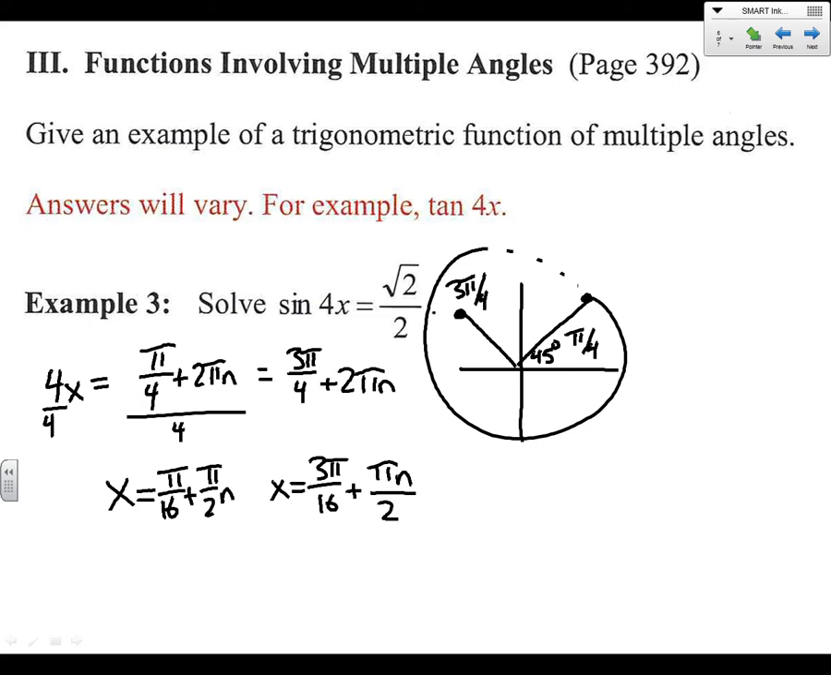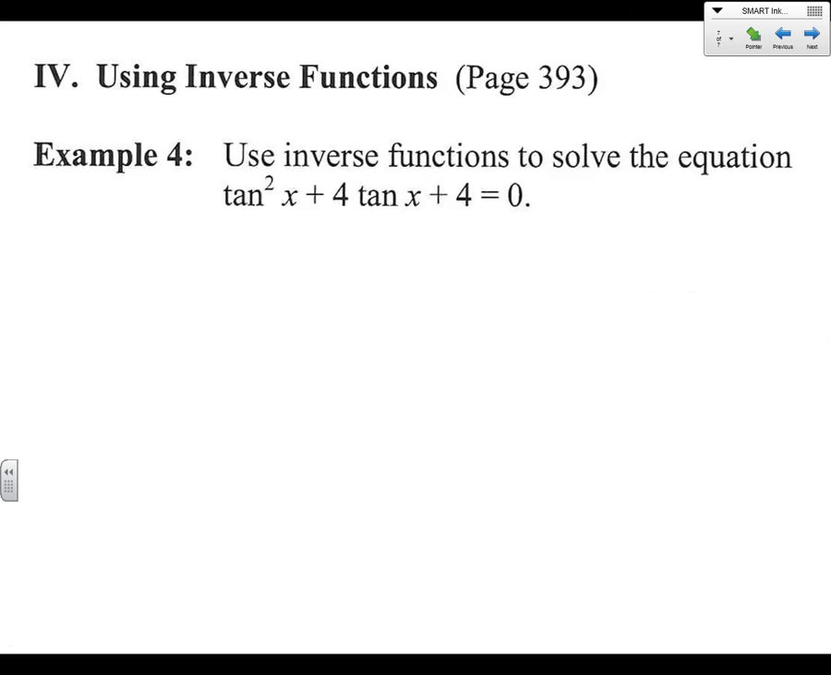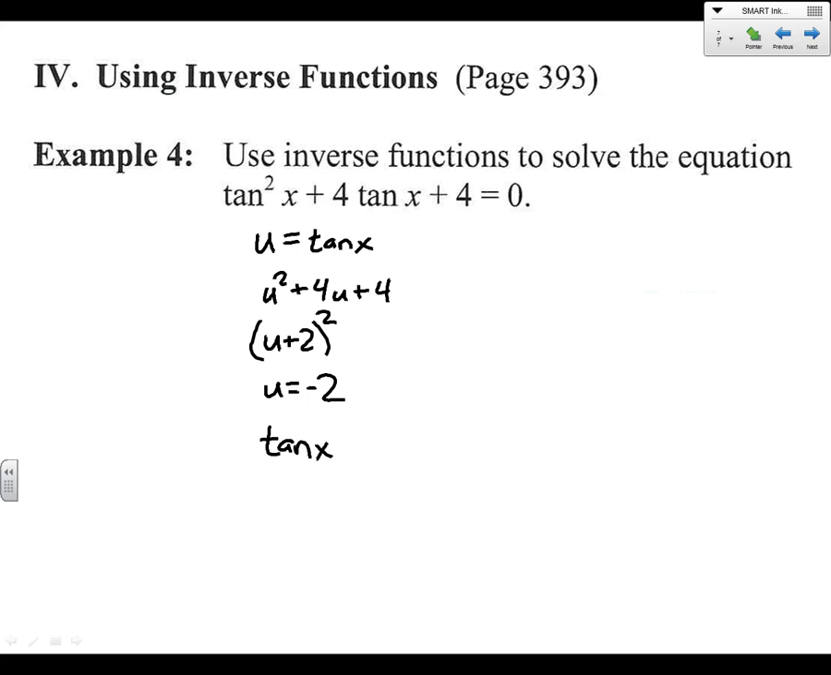All right, moving right along, last example here. Let's talk about answers that don't show up on our unit circle. So we have this, we're going to factor it. I'm going to use my placeholder again, u for tan x, so u squared plus 4u plus 4. And we can factor this. This is going to be u plus 2 squared, so u equals -2. So tan x equals -2, and if we check